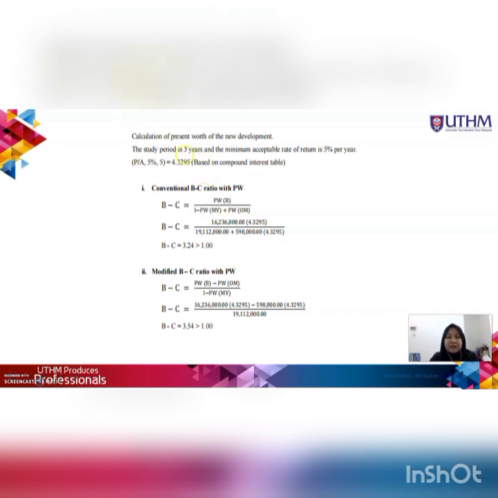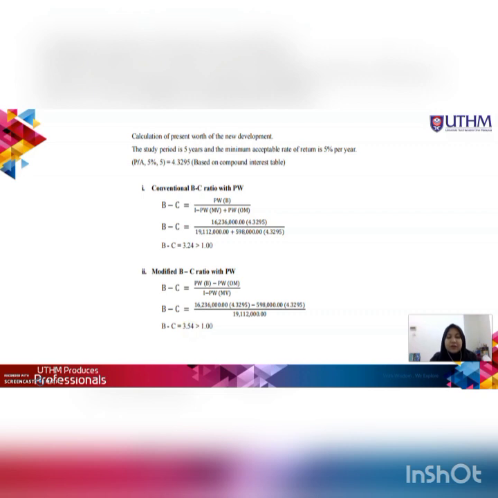So based on the compound interest table for P over A at 5% interest for 5 years, the value is 4.3295. So for the conventional BC ratio with PW, we just calculate using this formula, and what we got is 3.24, which is greater than 1.0. And the modified BC ratio with PW, we also calculate using this formula, and we got 3.54, which is also